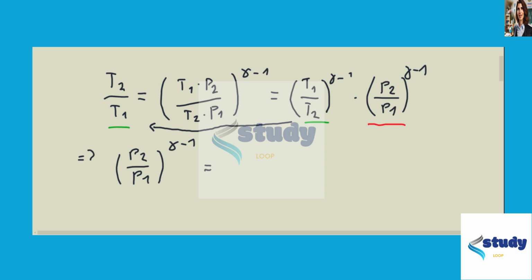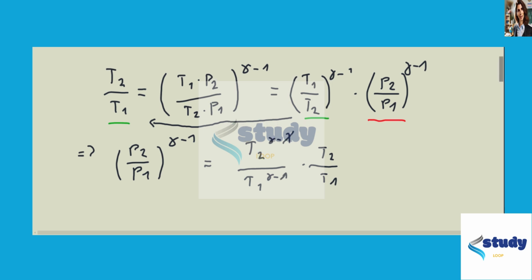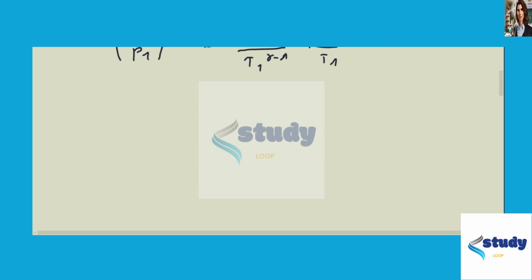So immediately we can say that it is T2 to the gamma minus 1 over T1 to the gamma minus 1 times T2 over T1. This multiplication will get rid of this 1 in the exponent, and we obtain that P2 over P1 to the power gamma minus 1 is actually equal to